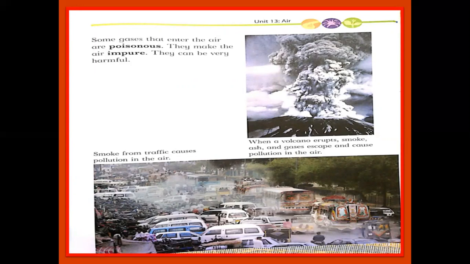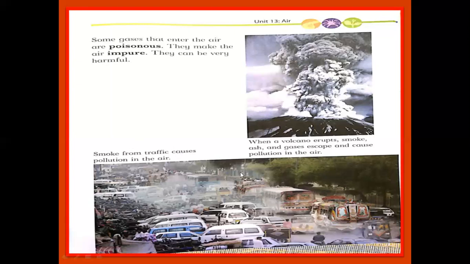Now, when we are talking about particles, you can also see smoke here. Smoke is poisonous, and it can cause pollution. And from where can it come? It comes from when a volcano erupts: smoke, ash, and gases escape and cause pollution in the air. And smoke from traffic